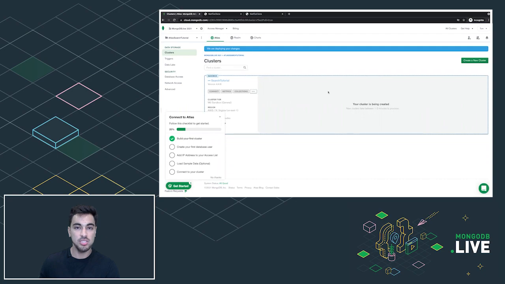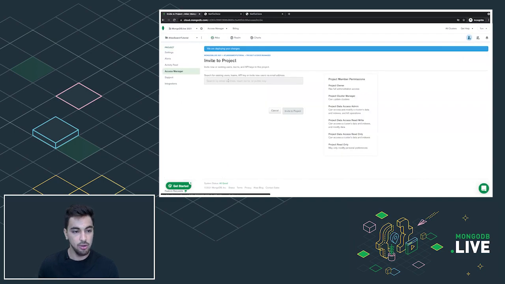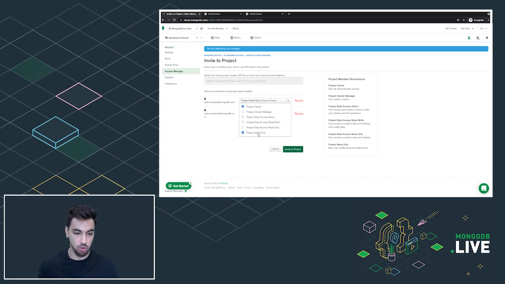I know that I'm going to want to be able to interact with Karen and Brian and allow them to collaborate with my cluster. So in the top right, in the project setting, I'm going to click Invite to Project. And here I can type in their email addresses. So I'll add Brian to the project. And I'll add Karen to the project. From here, I'm going to give them different capabilities. So instead of project read-only for them both, I'm going to give them both project owner access.